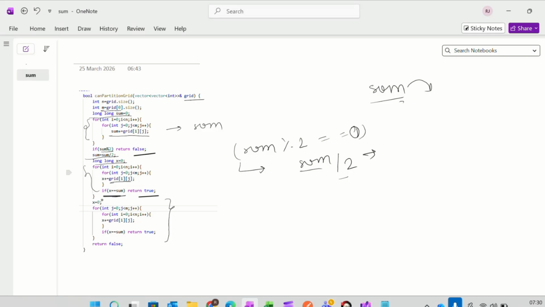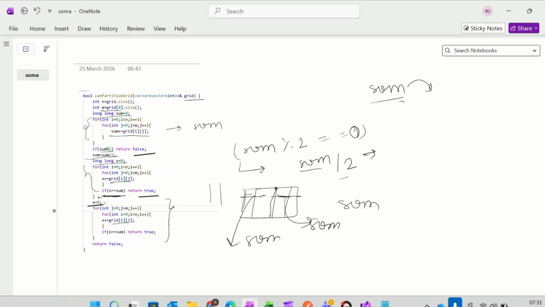अगर अपन suppose we will not get it from the horizontal cut, तो अपन vertical cut से start करते. तो अपन ने फिर से x को initialize किया 0 से, and we will try to find all the vertical values. अगर अपन ने traverse किया, and after traversing like 1 to 2 vertical columns, we will get our value equals to sum. तो अपन वो रिटर्न कर देंगे, क्योंकि ऑटोमेटिकली अगर दो का वैल्यू सम है तो इसका वैल्यू भी सम के इक्वल ही होगा, because it is divisible by 2.